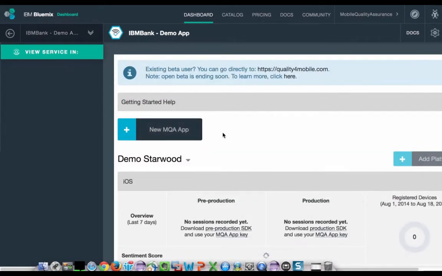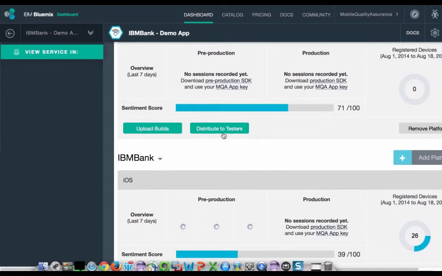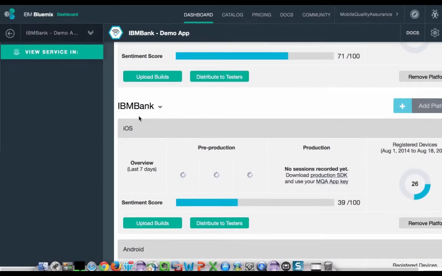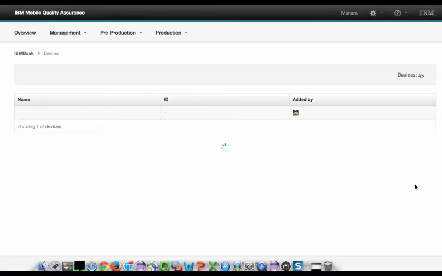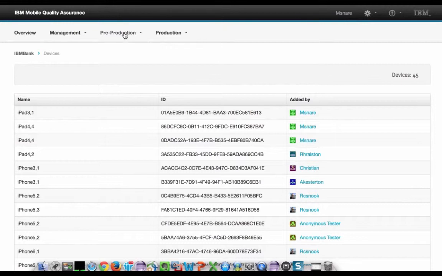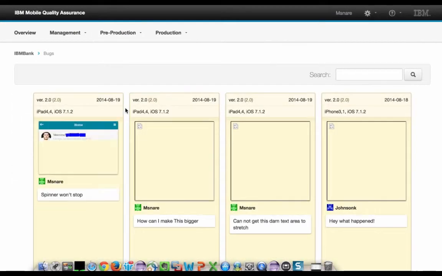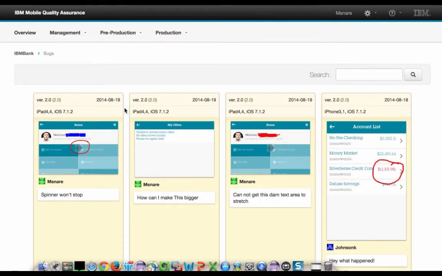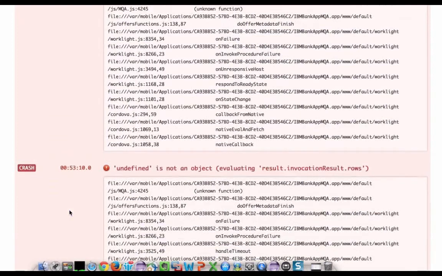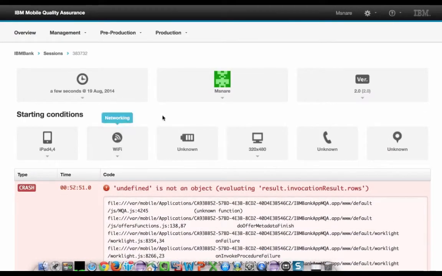We'll scroll down here and click over here on the little circle on the far right with the number of reports that have been received. Since this is pre-production, we'll go into the pre-production version. Click on the bug reports, and there's the bug report that we just created with the screenshot, with the masking of the personal information. If I drill down on that, click on that,